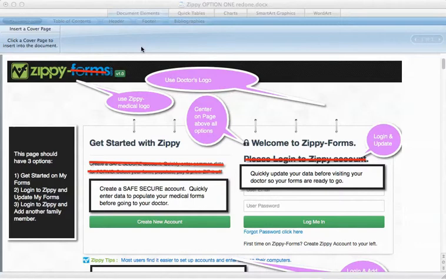So obviously at the top you have 3 options. 1, get started on Zippy Forms. 2, log in to Zippy Forms and update my forms. 3, log into Zippy Forms and add another family member. Option 1 is sort of your first interface with Zippy. So you create your account, and then